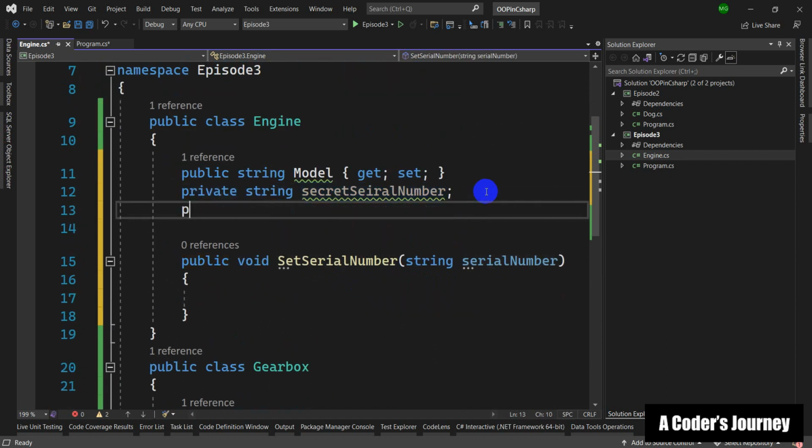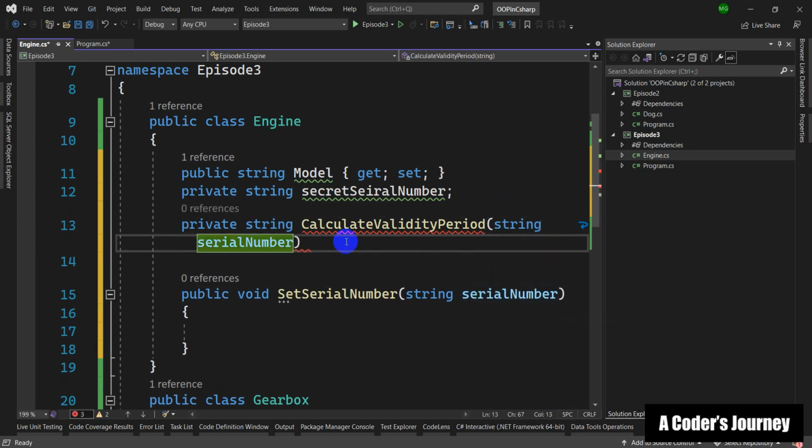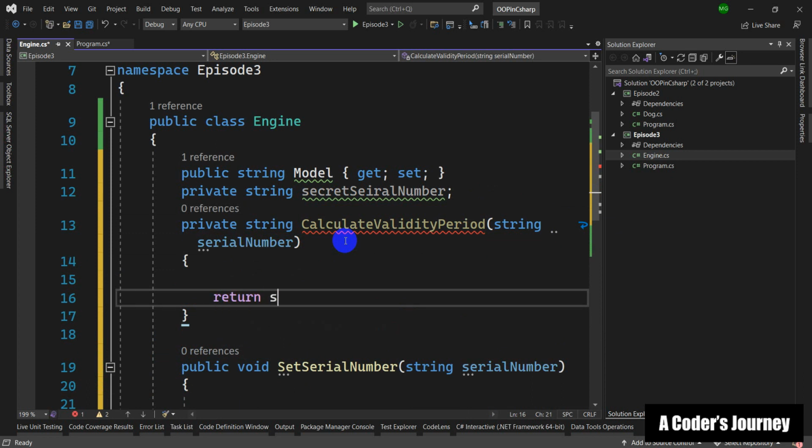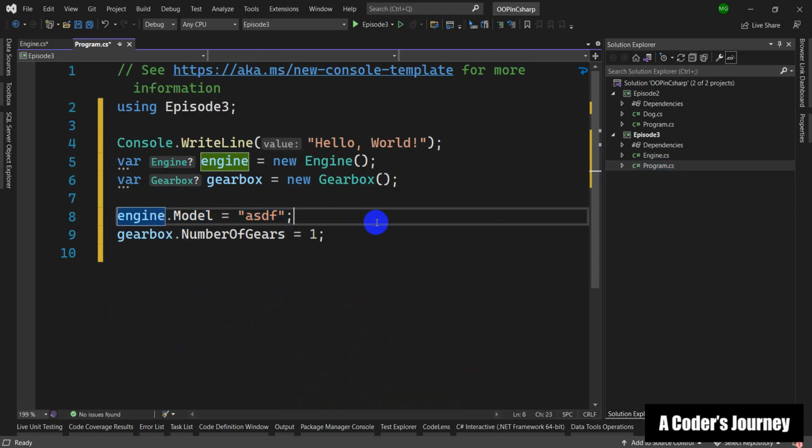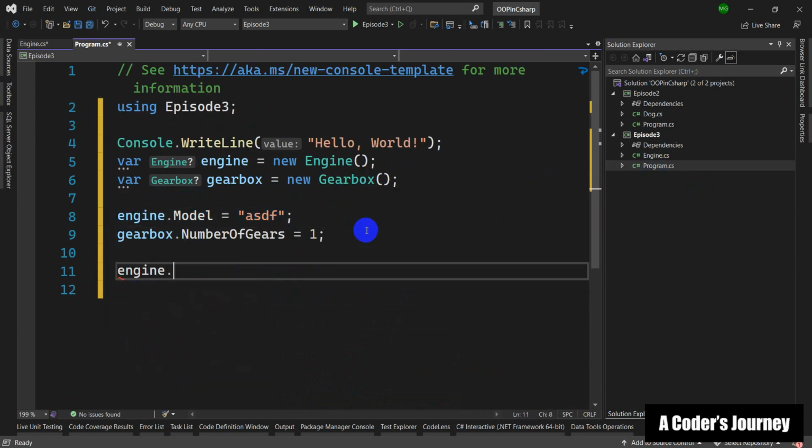For example, suppose here I have a method, right? And this method is going to return us a string, and I'm going to say calculate the, for example, validity period, right? And for example, here I'm going to take in the serial number as a string, and then after some calculations I'm going to return a string, right? Again, this method is declared as private, and of course from outside of this class, from the program.cs, I cannot access this method